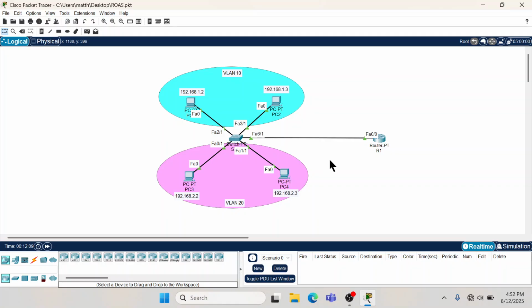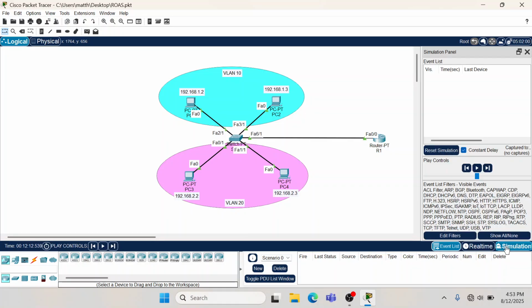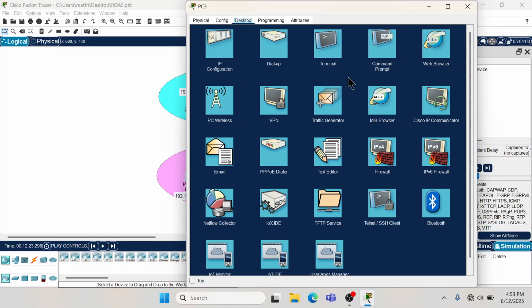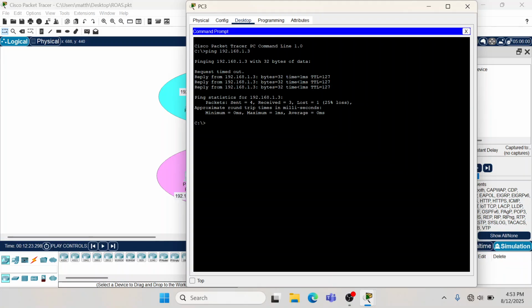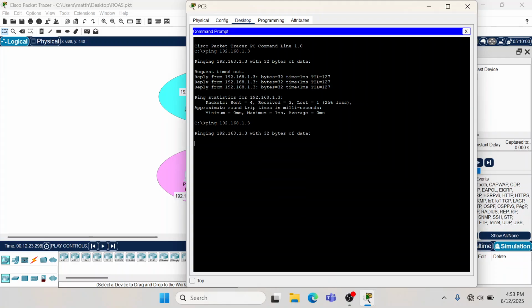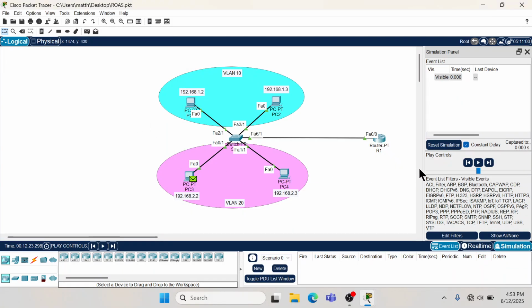So one cool thing that you can do in Packet Tracer is simulation mode. And you can actually see that frame travel throughout the network. So let's ping that same IP address, 192.168.1.3. And if we hit play, that frame is going to go from PC3